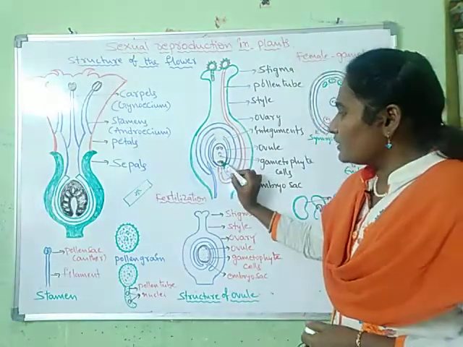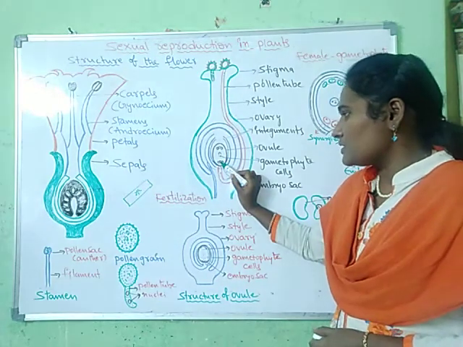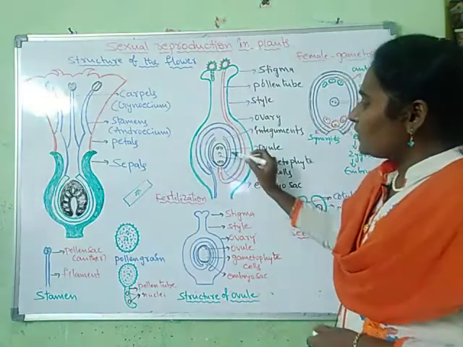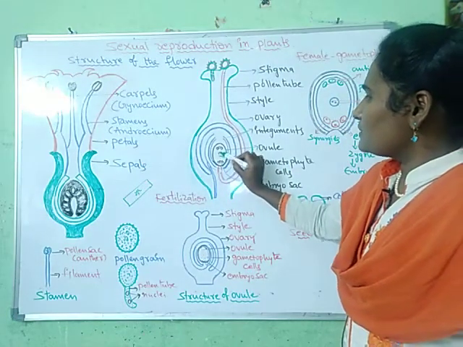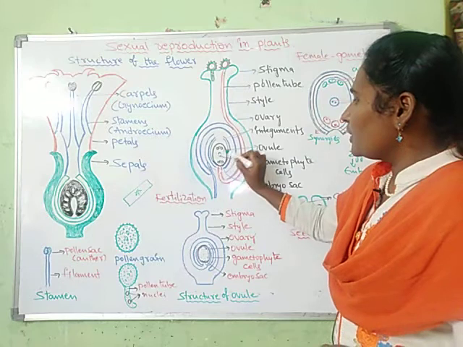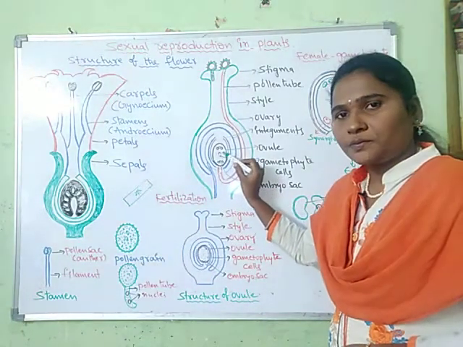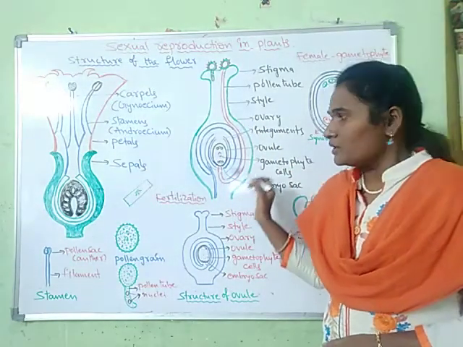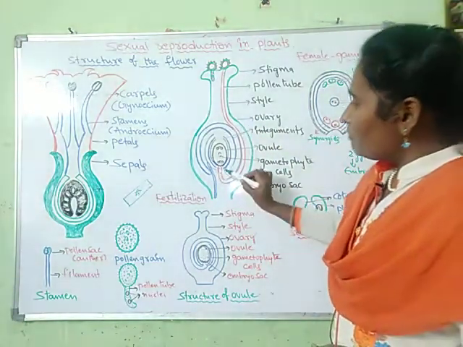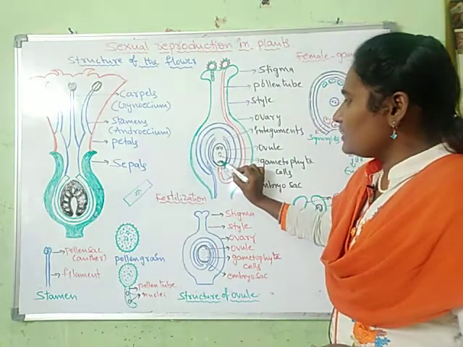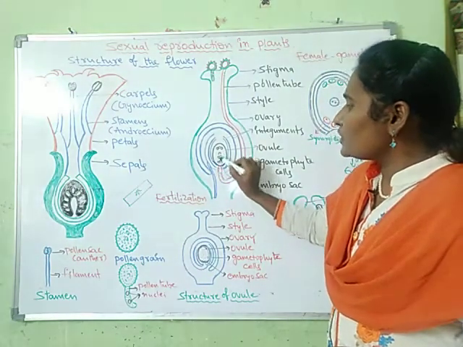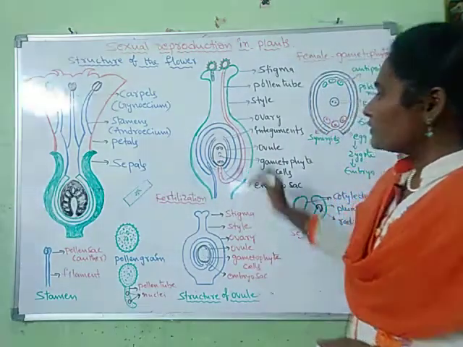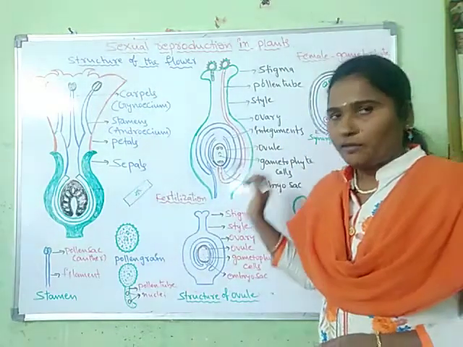So the zygote develops into an embryonic plant within the ovule, and the fertilization of the fusion nucleus stimulates the formation of the endosperm, in which the food materials are stored as the development of the ovule proceeds. The union of one sperm with the egg cell and the second sperm with the fusion nucleus is called double fertilization. As far as we know, double fertilization takes place only in flowering plants.